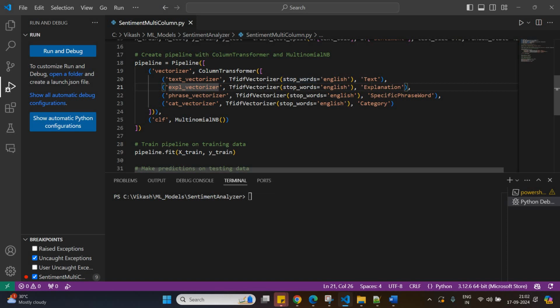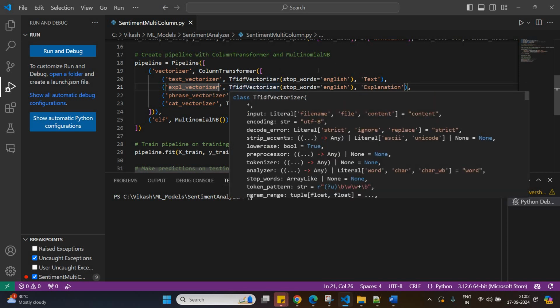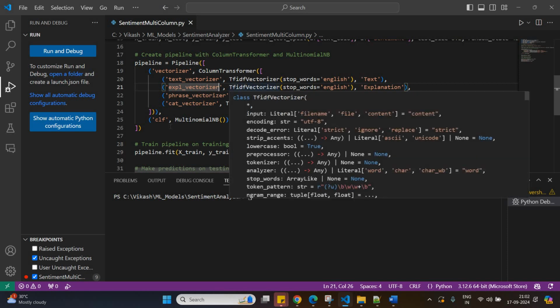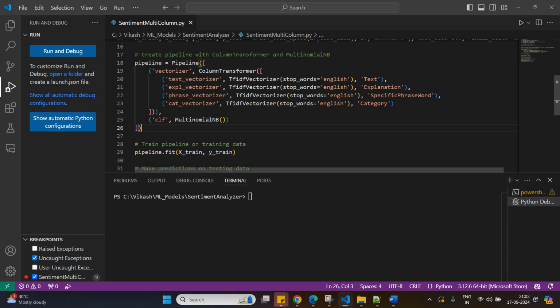We have done this TF-IDF vectorization on four columns. I have already explained TF-IDF vectorizer; it is term frequency, inverse document frequency. You can see the text, explanation, specific phrase, and word columns, all these we are applying the TF-IDF vectorizer to. And then the second object is